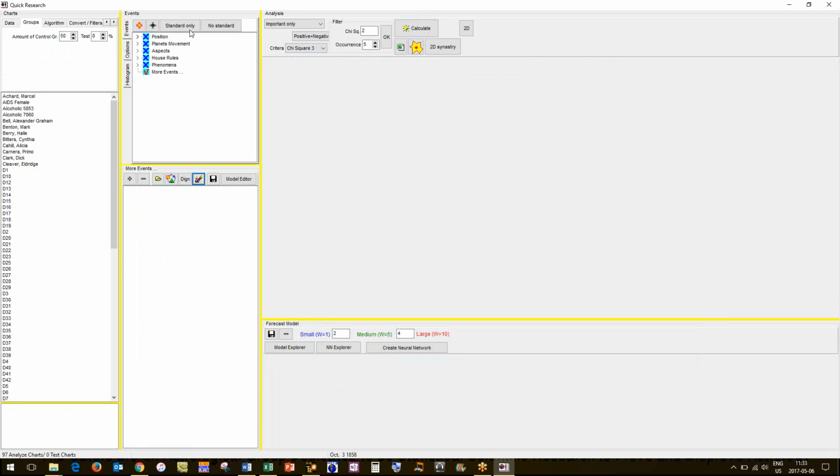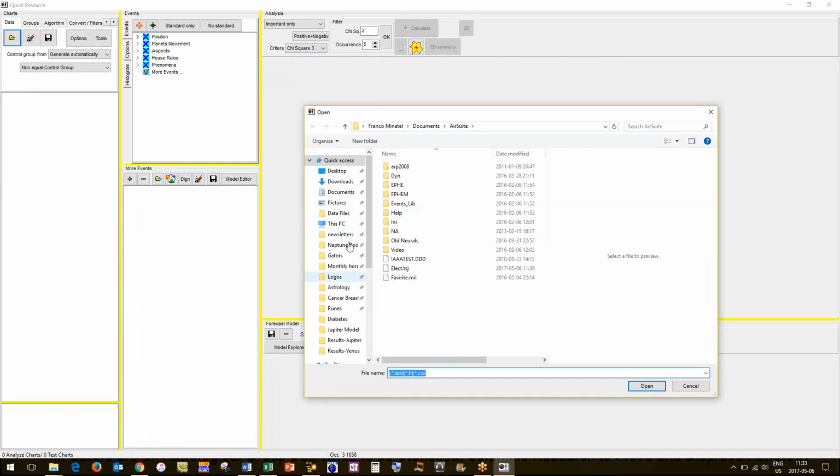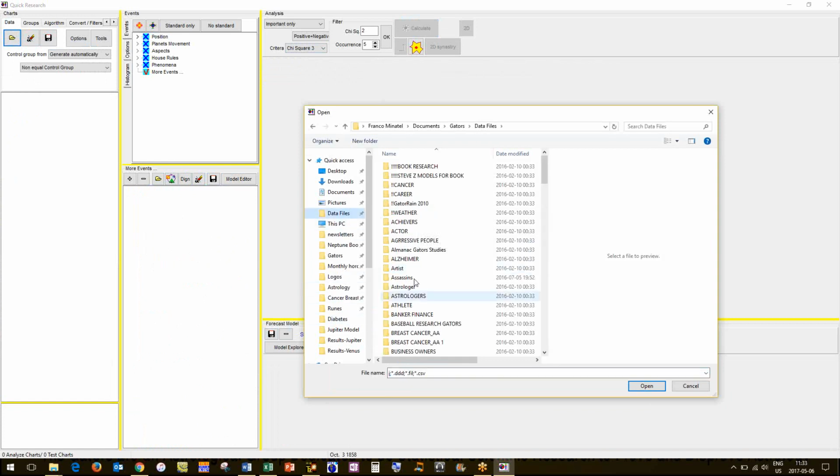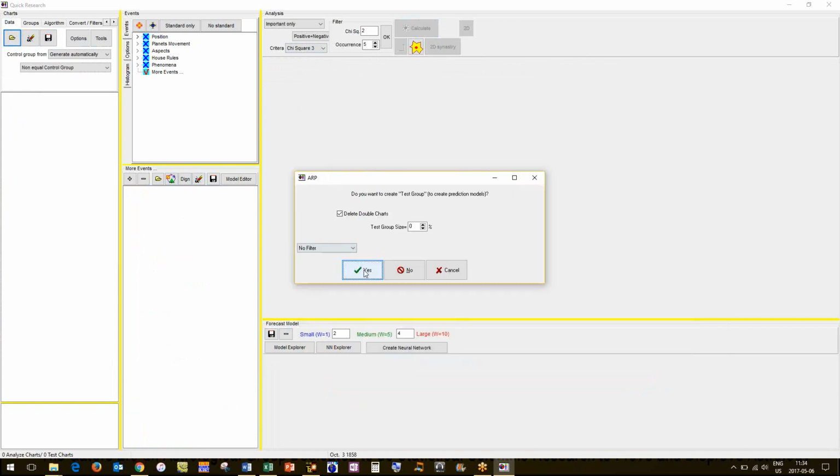Let me show you another example here. So again, you continue through and you build up all this until you're ready to run the neural net. So let's clear this data group. Now I'm going to show you doctors. Data files. So here are all my doctors.